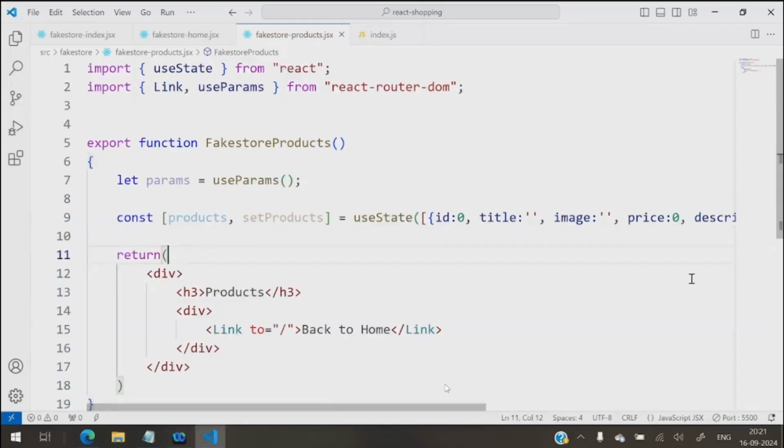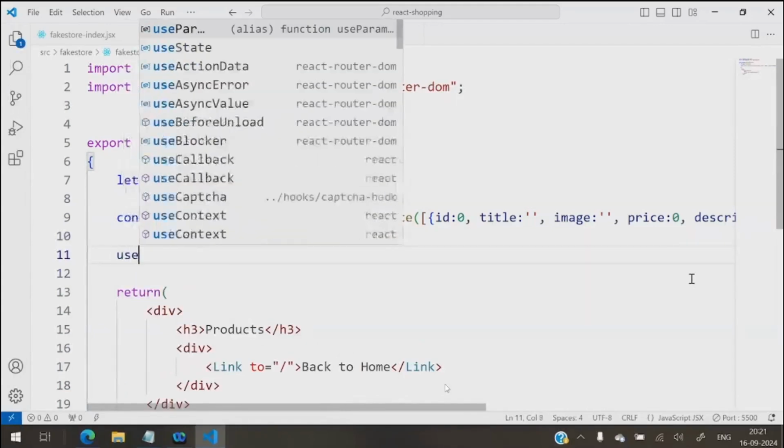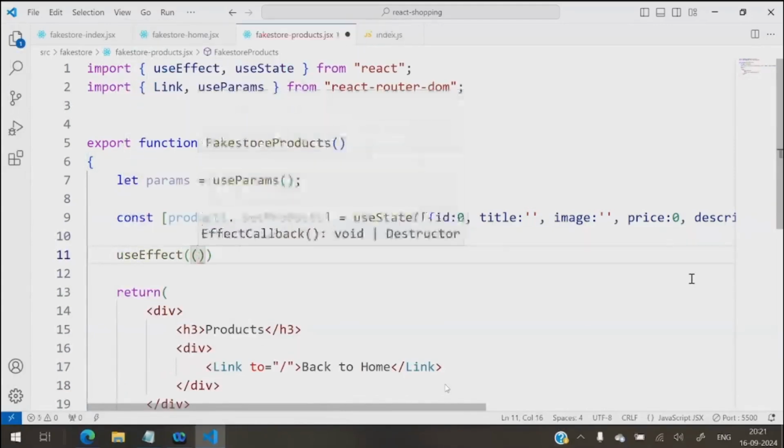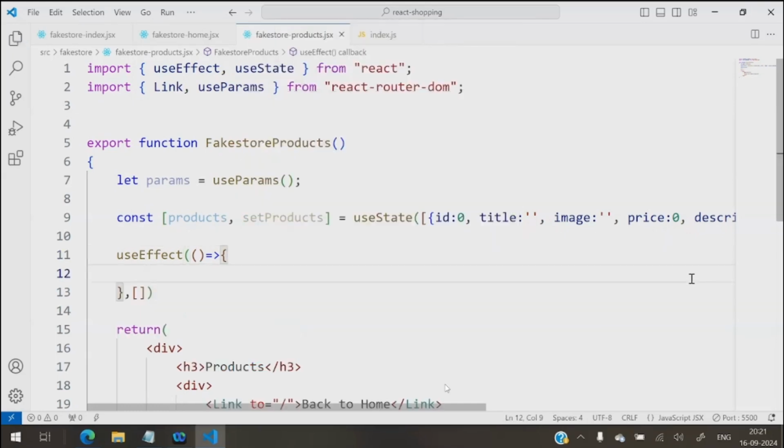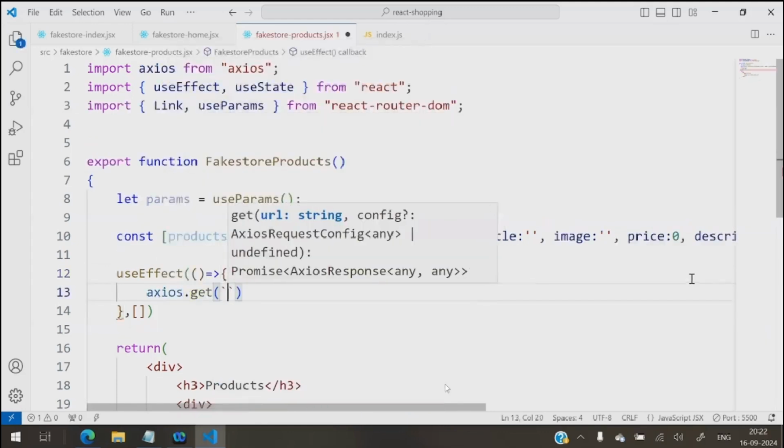Now, how do we access all the products that belong to a category? That means what will we use? useEffect. That means at the time of mounting, what do we have to do? At the time of mounting, we need to load all the products that belong to the category the user selected. That category name we can bring from route parameters. So Axios dot what? Get